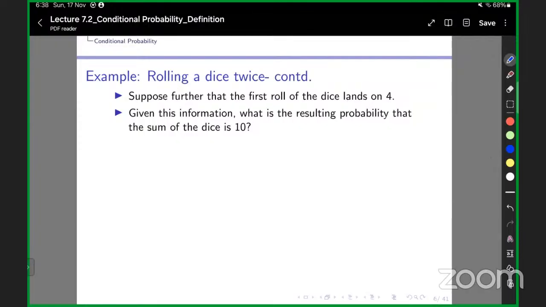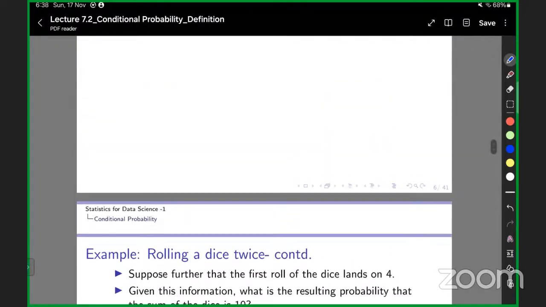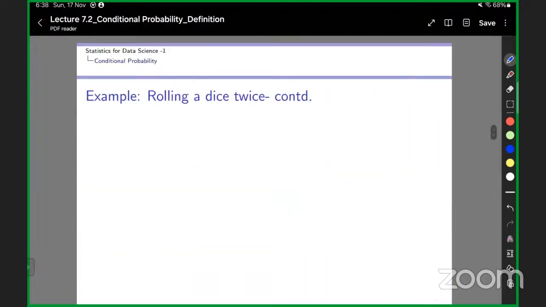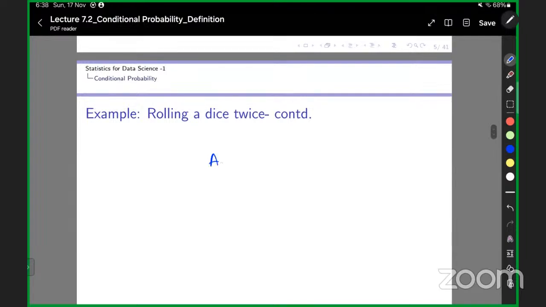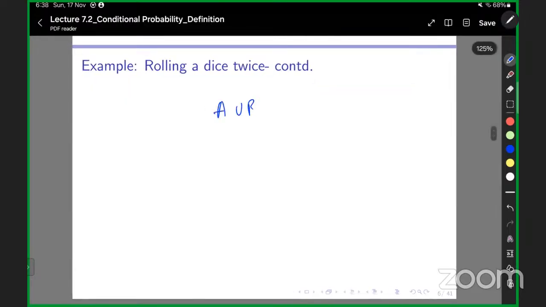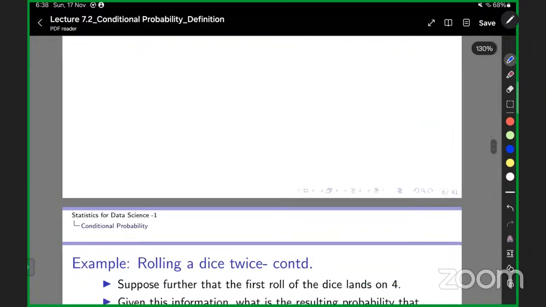Okay, let's see how we can find the intersection of A union B. Is there any formula for A union B? A union B is different, A intersection B is different. Sorry, A union B complement, that you can figure out. Before that, you need to know this independent and dependent case. After that, it will come. Okay, sir. Let's see this example.